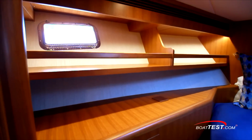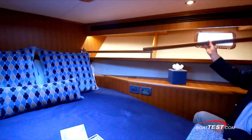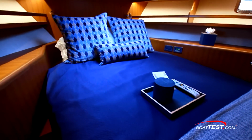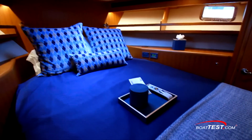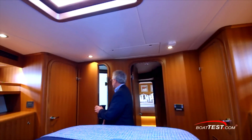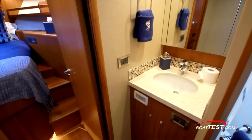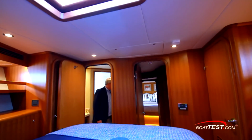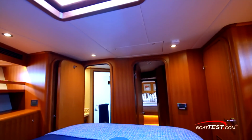Bookshelves are in front of the ports, and the rails are removable to allow for larger items to be placed in before securing. Because it's inconvenient to climb up to the sides when making the berth, it's on a slide so we can bring it out for making up in the mornings. The head is next to the entry and it's fully featured. It also has a separate entrance, allowing it to serve as a day head and a share head for the